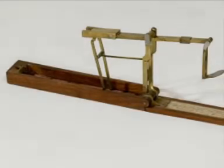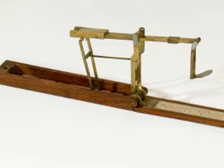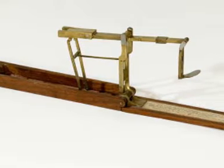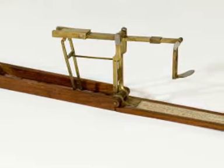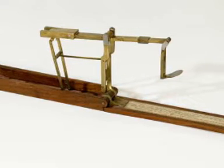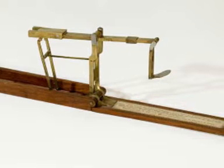type of scale. They're a scale that was designed for weighing coins. So things like guineas and sovereigns. And basically these date from the late 18th century, early 19th century. And the point for putting those on the trail was that at that time, in Britain, gold coinage was in